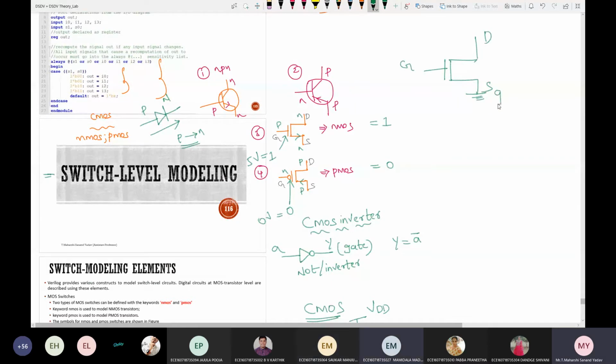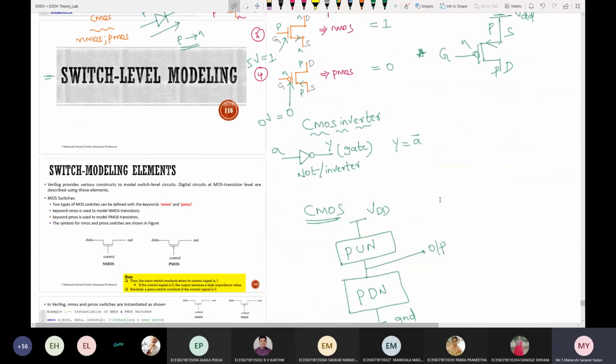So for NMOS the source should always be connected to ground, and for PMOS the source should always be connected to VDD. So I'm taking here source, gate, drain, and this is PMOS, so like this it should be connected to VDD. Remember these two important points: for NMOS, the source should be connected to ground, and for PMOS, it should be connected to supply.